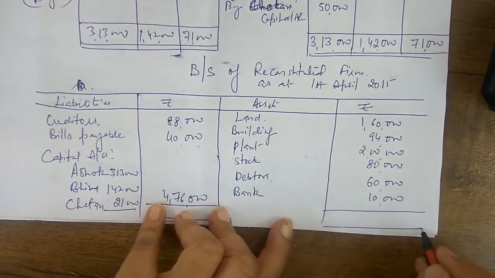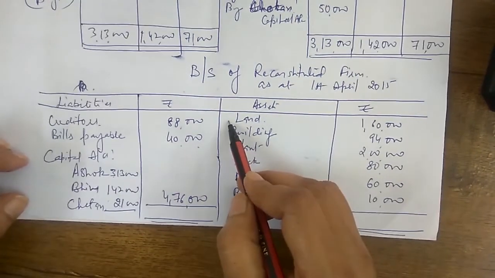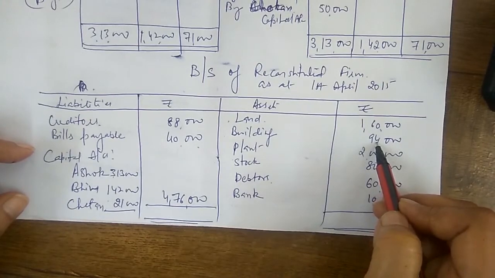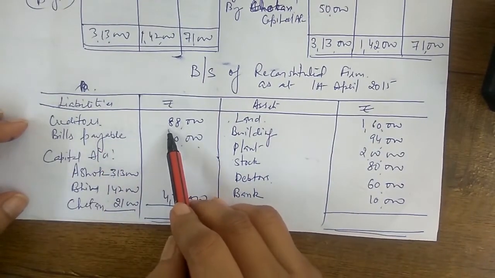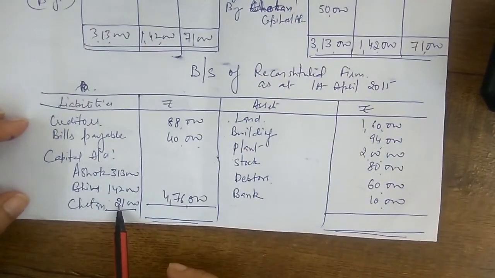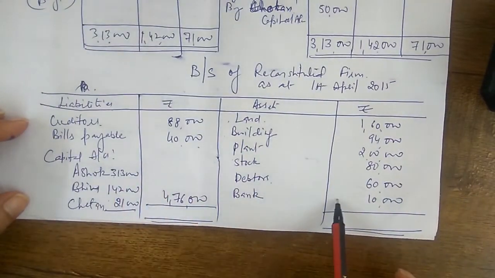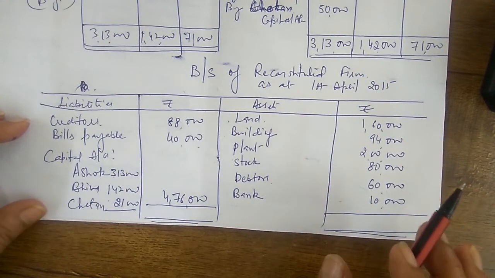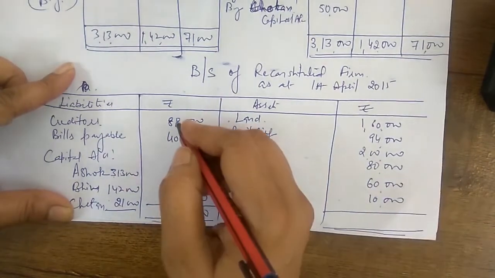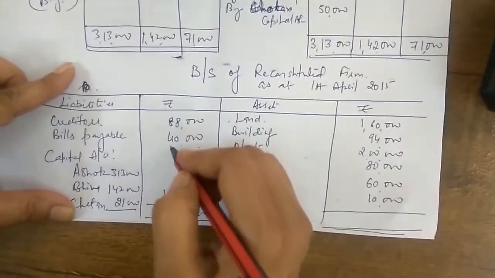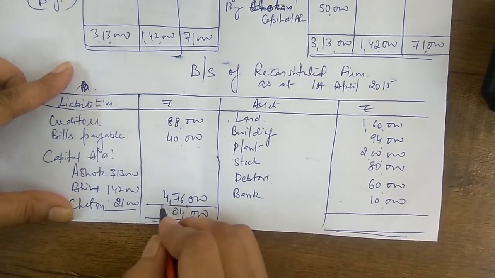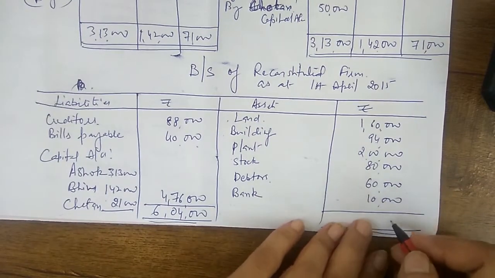So you can see yourself, bache, what changes we have done. One in land, increase in value by 60, building decrease in value by 6,000. Then we have decrease in the value of creditors that we have shown. Capital account is changed, new values of capital accounts we have taken. Rest all the things which are not changed, we have shown with the same values. Now we need to total both the sides. It should be equal to each other. Six lakh 4,000.